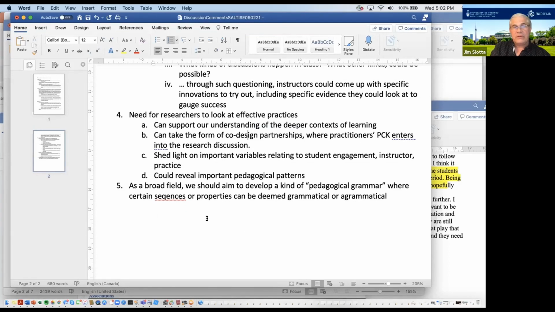So in just closing, as a broad field, I think there should be a sense of pedagogical grammar, where, for example, one design would be grammatically correct. That's the thing about grammar, you sort of know when you're violating it, in music or in words. And I think in pedagogy too, and as a field, we can come to something like a grammaticality. And I have a typo. So on that, I'm going to end a little bit late, and thank you for staying. I'll stop sharing. I can share these notes, of course, but thank you.